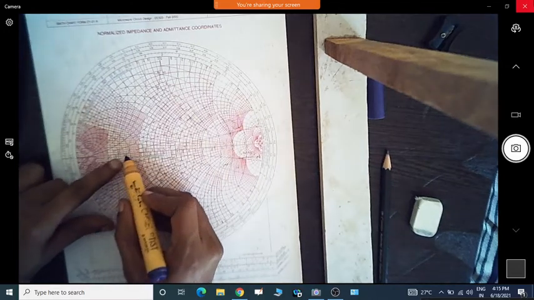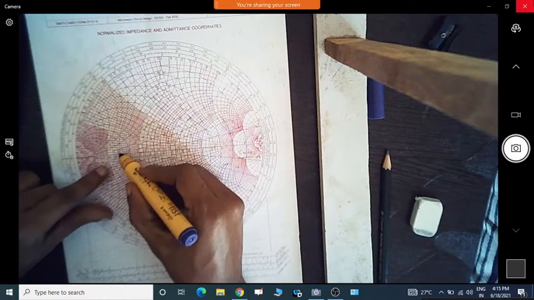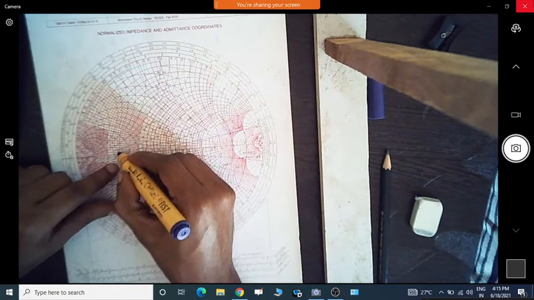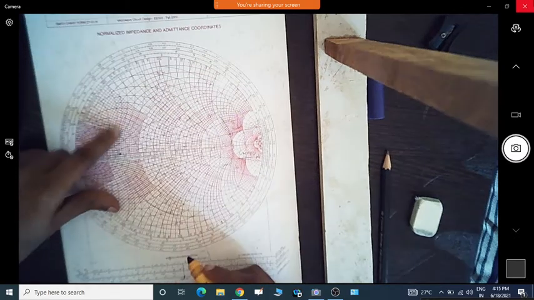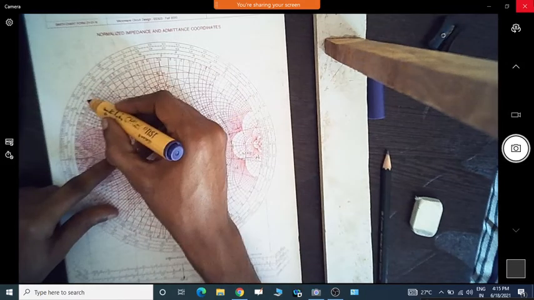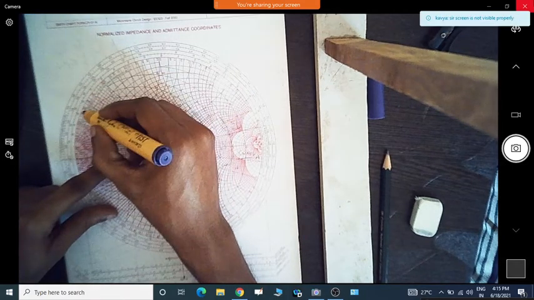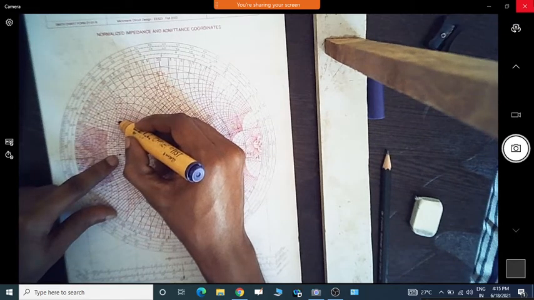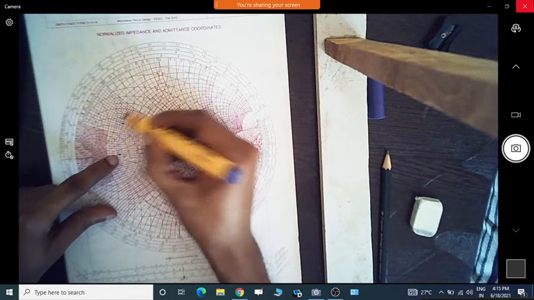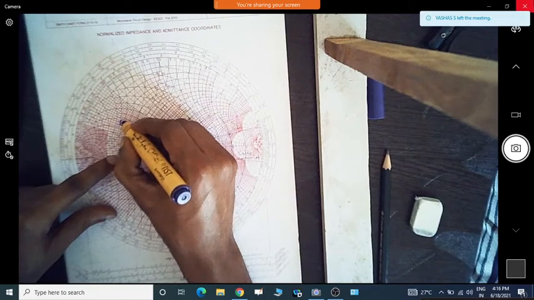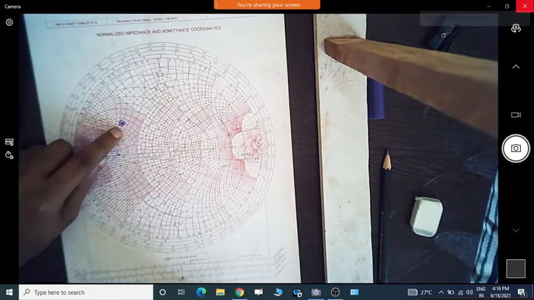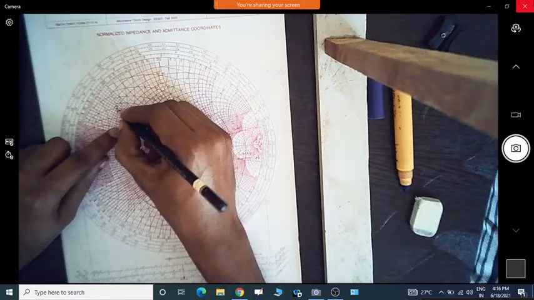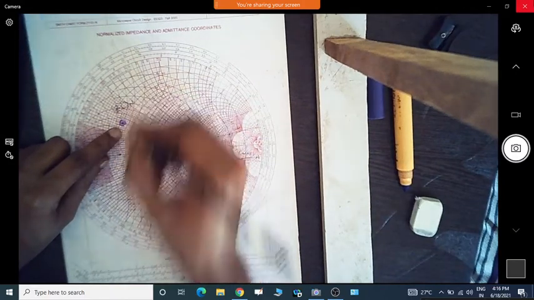So this is your resistance circle where we have 0.3. Okay, so this point 0.3, the resistance circle, and j 0.3 again. So this is the value where we have the intersection of this. So now we can see here, this is the Z normalized value. Okay, so let us take, this is ZL normalized value.